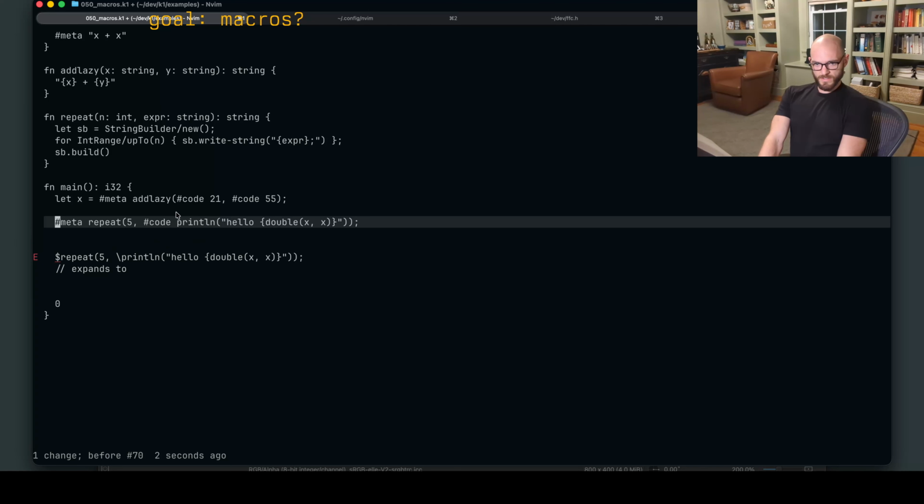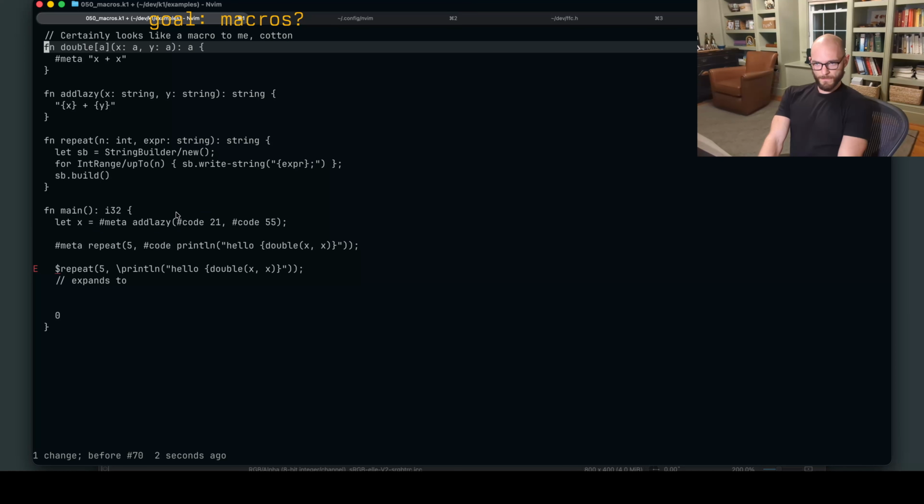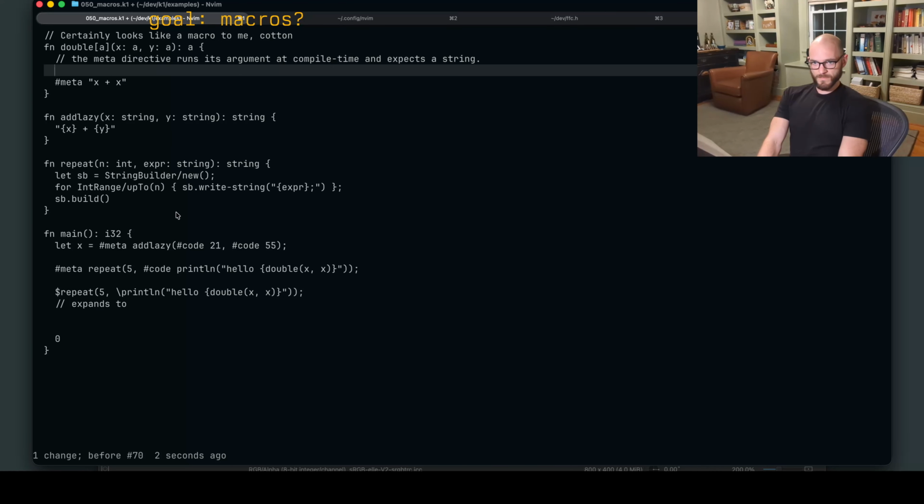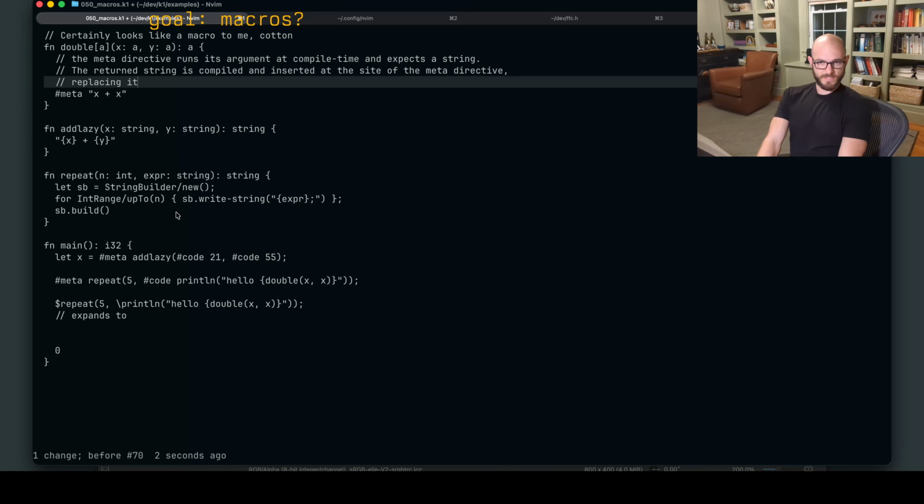So we can do this and document it. The meta directive runs its argument at compile time and expects a string. The returned string is compiled and inserted at the site of the meta directive, replacing it.